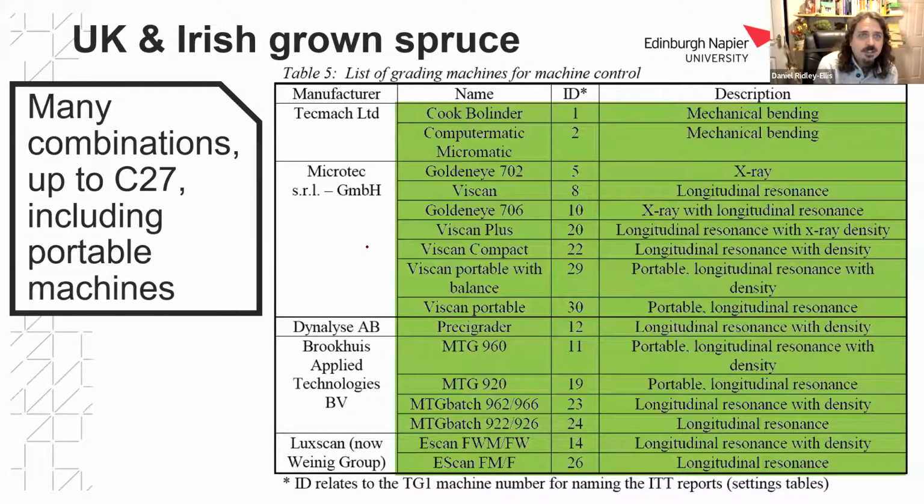Now, machine grading, you might read in books that this is done with bending machines that bend a plank of wood as it goes through. Well, we have actually a lot more different technologies in operation now. There are something like 45 different grading machines approved for use in Europe now with different systems. And the mechanical bending ones are going out. They're no longer being used very much